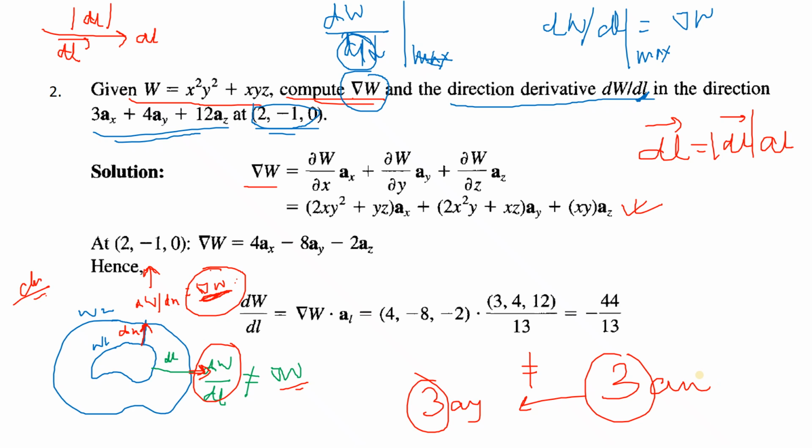Both the vectors are different. 3 unit vector x is a vector which is traveling along x axis, and 3 unit vector y is a vector which is traveling along y axis. So these two vectors are different, but we are taking the scalar and we are adding the unit vector of another axis. तो वही करेंगे, इसका मैग्नीट्यूड लेंगे, मैग्नीट्यूड लेके इसका यूनिट वेक्टर एक्सिस के साथ मल्टीप्लाई कर देंगे. ओके, तो मिल जाएगा.